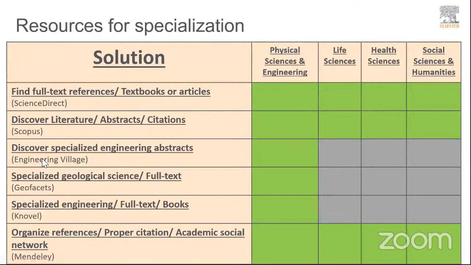The third solution here is Engineering Village. This is a highly specialized database about engineering research. It has journals, conferences, books, theses and dissertations, codes and standards. So it has abstract information that will help guide you to decide which resources you should actually visit and read. And it will help you with very advanced specialized engineering filters to filter down the search and